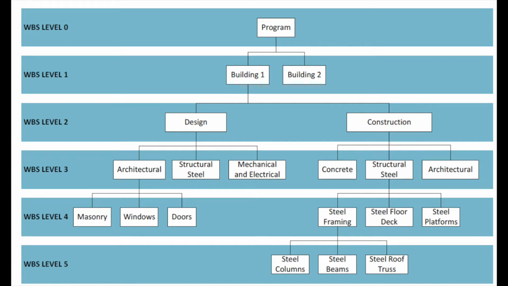The very top level includes 100% of the project scope, and each level below that makes up a designated portion of that 100%. In this example, building 1 may be 70% of the scope, which means building 2 is 30%. Expanding from building 1, the design phase may be 15%, which means the construction phase will be 55% of the